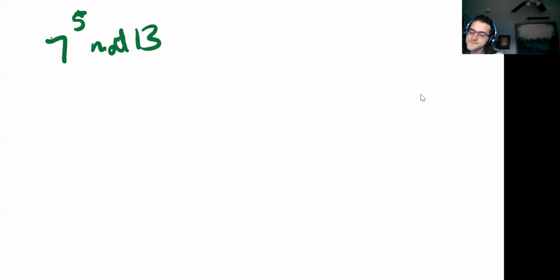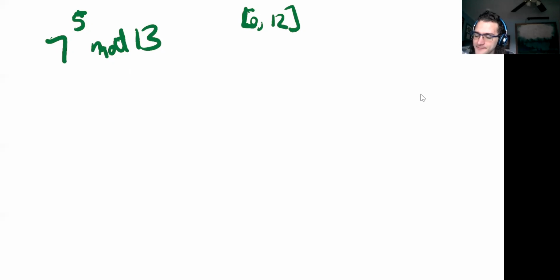Okay, so with mod we also often like to reduce things mod a number. So say I'm asking you to find 7 to the 5th mod 13. We're wanting to get it into the most reduced form, something between 0 and 12. And so one approach would be to multiply this out, 7 times 7 times 7 times 7, and reduce that